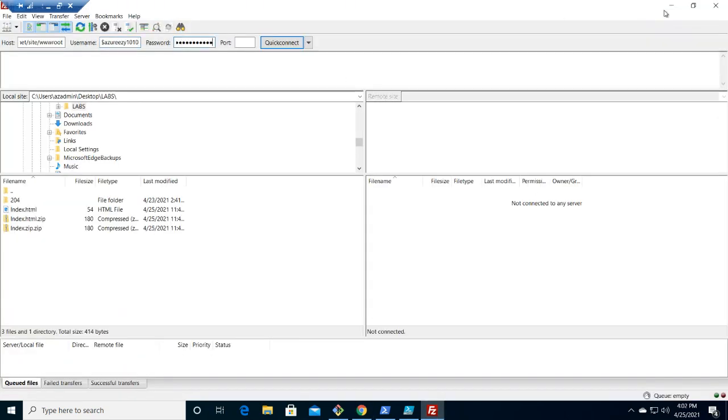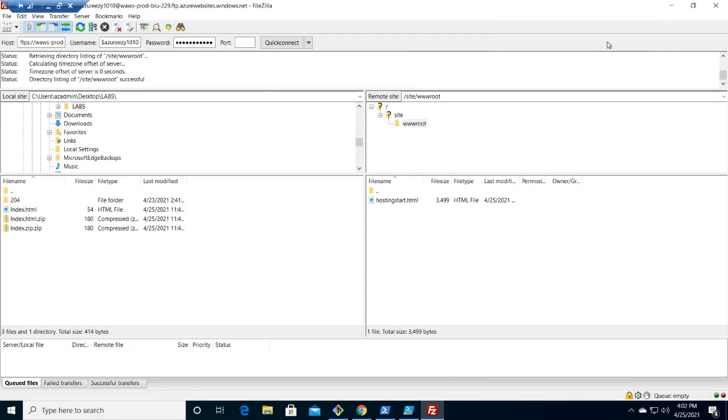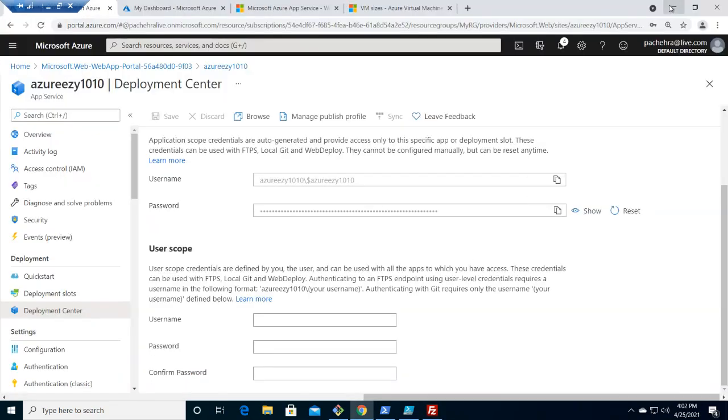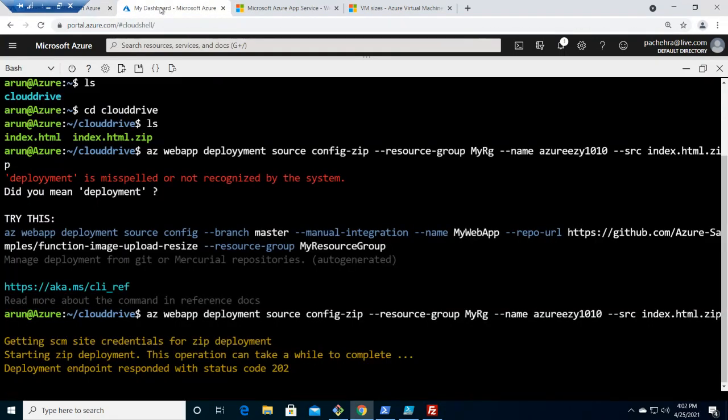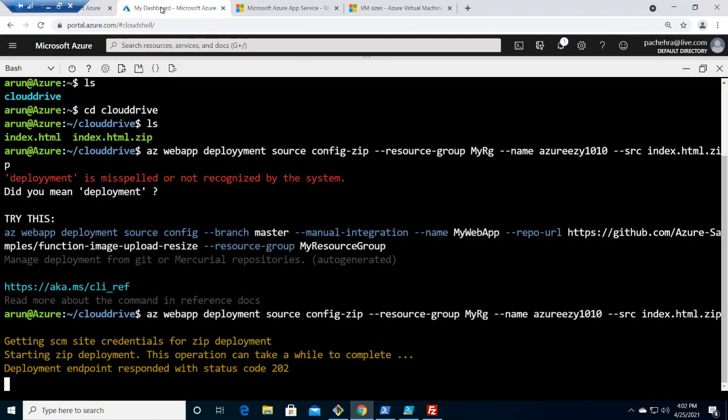And if you guys are missing something, like if I'm fast, don't worry, this video will be published on YouTube. You can go back and check it out. And I can quickly connect. Okay, I'm able to connect. Let's get back here. It's still doing its thing. It's still deploying the index.html.zip that I have configured here. All right, while it is doing that, I have to wait, so I can show you this meanwhile.